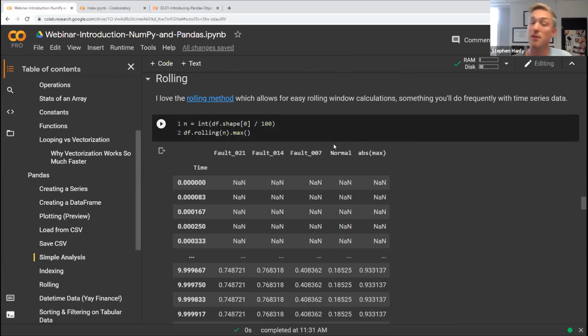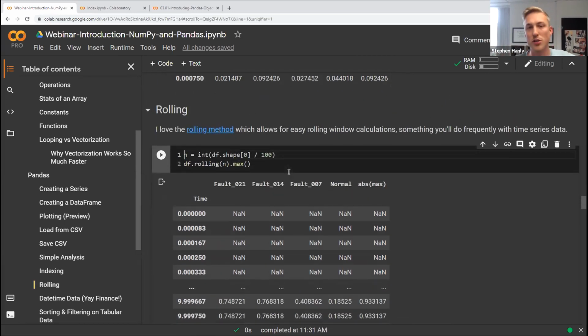Here's a fun thing in Pandas, which is the rolling method. It does really easy window calculations, something you're frequently going to be doing when you have time series data. So here I've said dataframe.rolling, and I've passed in a window size. And then you need to do some type of operation on this window. So I want the maximum value for every window, whatever the shape of the array is divided by 100. So I'll have 100